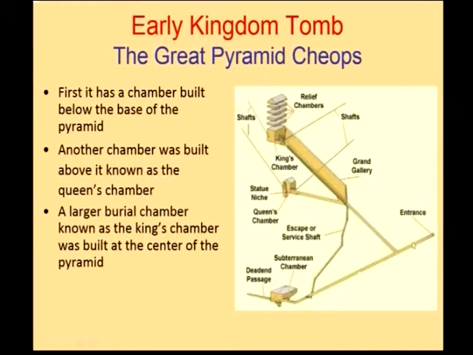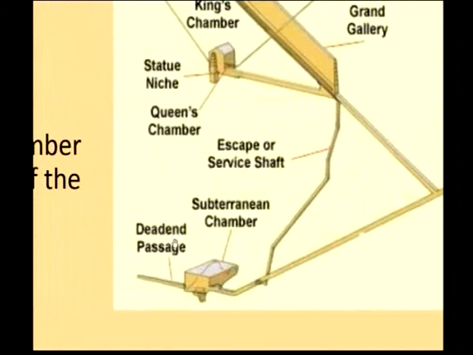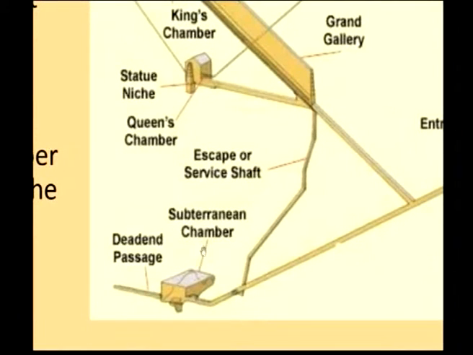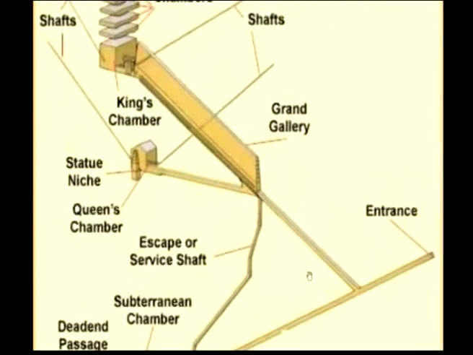The entranceway had a descending passage which contained the subterranean chamber. It has basically three main chambers: the subterranean chamber, the queen's chamber, and the king's chamber. As you can see in the image, the entrance leads to the descending passage which contains the subterranean chamber. The subterranean chamber is where the sarcophagus is kept, and halfway through the descending passage is the ascending passage which